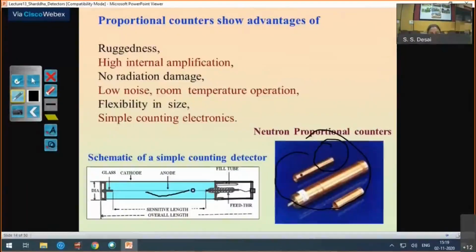Okay, so now this exact symmetry: the wire should be exactly axially symmetric at the center of the cylinder. There shouldn't be any sagging and all these properties. There should not be any impurities in the gas. Metal should be very clean. All these are the properties which make your detector very durable and simple, so that it can be used for years together.